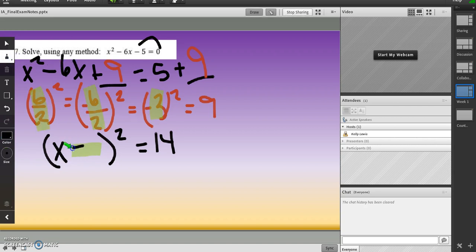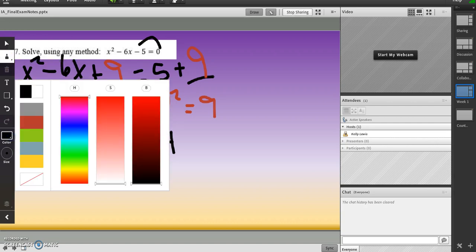And so I'm going to write x minus 3 squared equals 14. Oh my gosh. On the answer key, it's wrong simply because 56 divided by 4 is not 4 times 13. It is 4 times 14. Tiny mistake, but